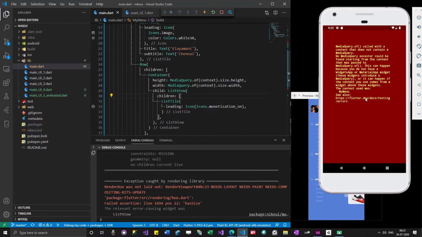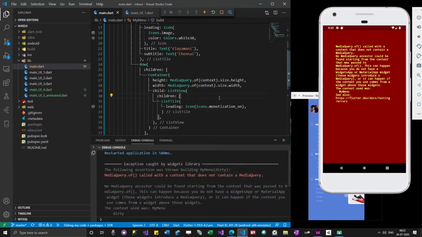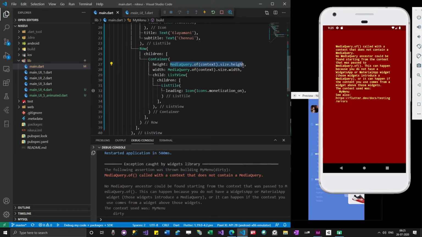Okay, it is throwing an error. Let me see why. So leave this for now. We'll just give some value. Later we'll look into why it is not working. Height, I'll give 500.